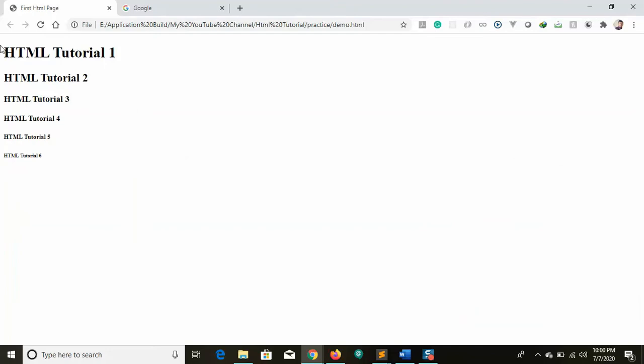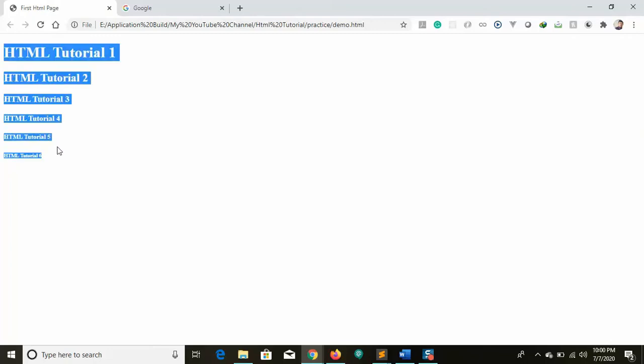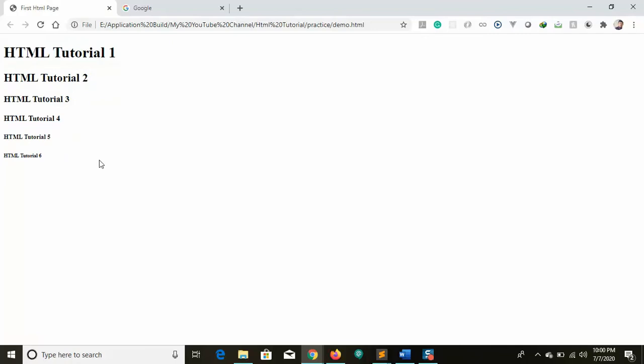You can see the heading tags, right. H1 gives a higher size, and H2 is a little smaller compared with H1. H3 is reduced compared with H2, so the size keeps reducing. There's a difference between H1 to H6. So this is about the heading tag.